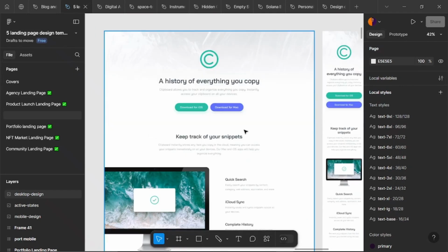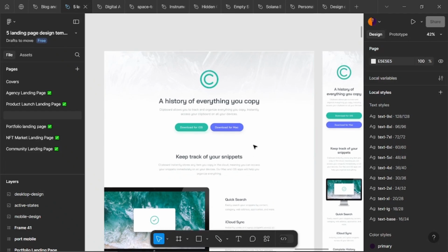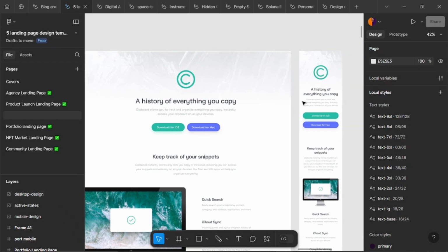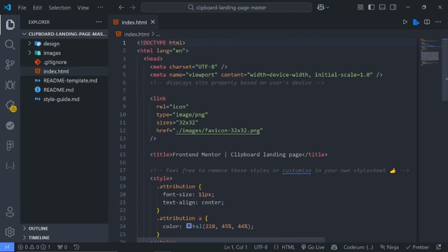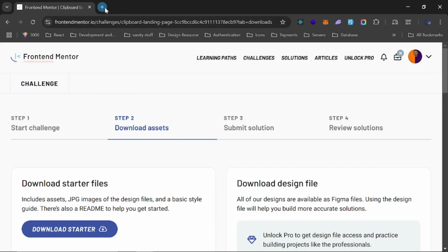So by now I hope you have a high level overview on how you are going to structure this, because the main thing about building landing pages like this is how you structure your HTML so that you write less CSS, because the less CSS you write, the better it's going to be for your sanity. I promise you that. So for this section, we also have a background image right here, as you can see. So the first thing to do is to go back to our index file, and I will just go to the website and bring in the fonts